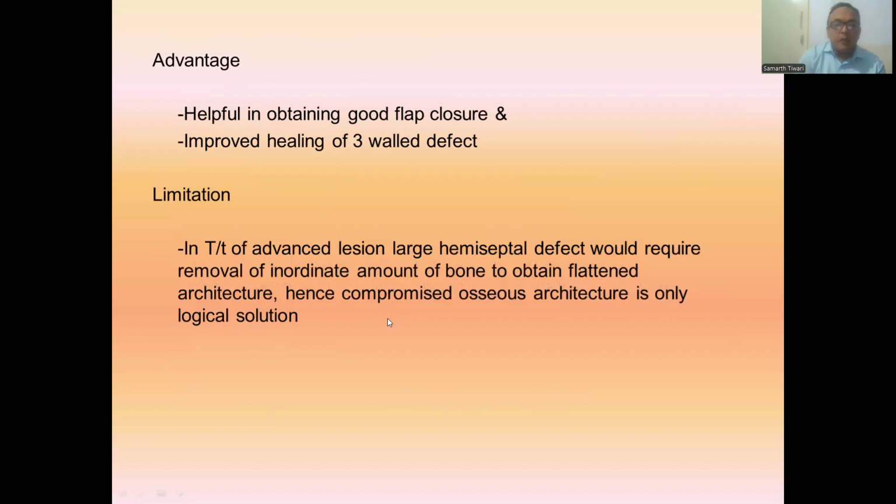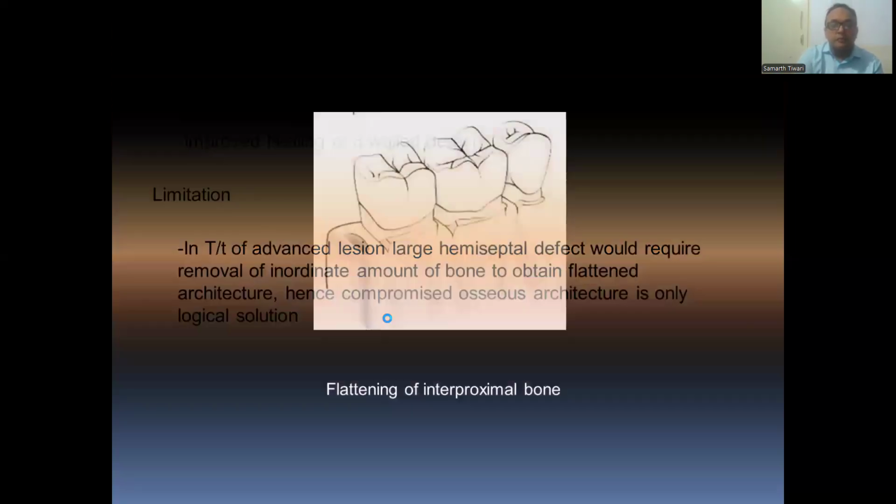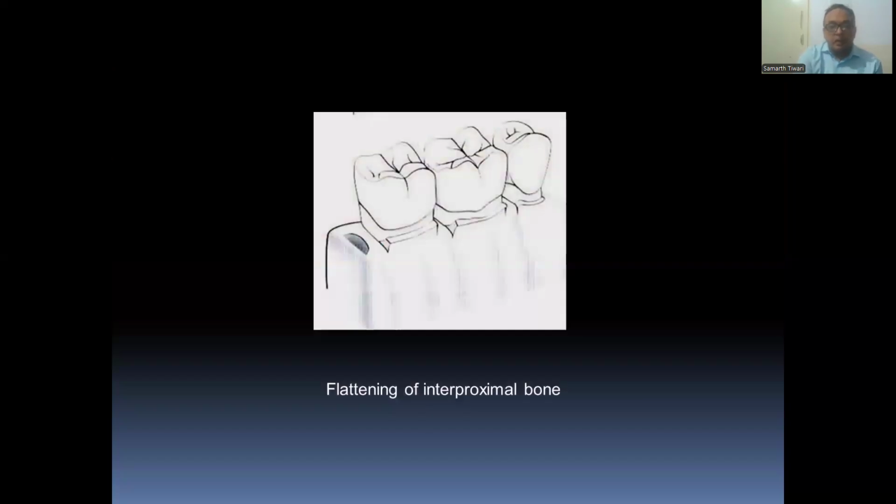Advantage: helpful in obtaining good flap closure and improved healing of three-wall defects. Limitation: in treatment of advanced lesions, a large hemiseptal defect would require removal of an inordinate amount of bone to obtain flattened architecture. Hence, compromised osseous architecture is the only logical solution. Here we can see flattening of interproximal bone,